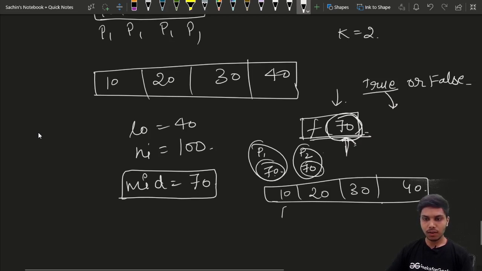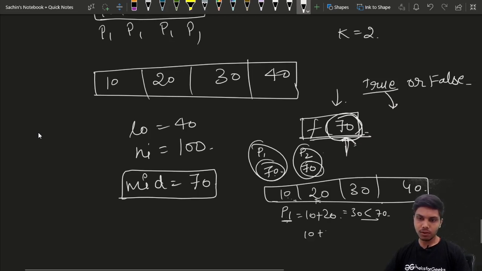So what we will do is assign the first board to our first painter. Now I will try to assign the next board to our previous painter only, if it is possible. So here I will check whether it is possible to give the second board to our previous painter or not. Here we can see that the time needed to paint both these boards is 30, which is less than 70. So we can conclude that we can give the second board to our first painter only.